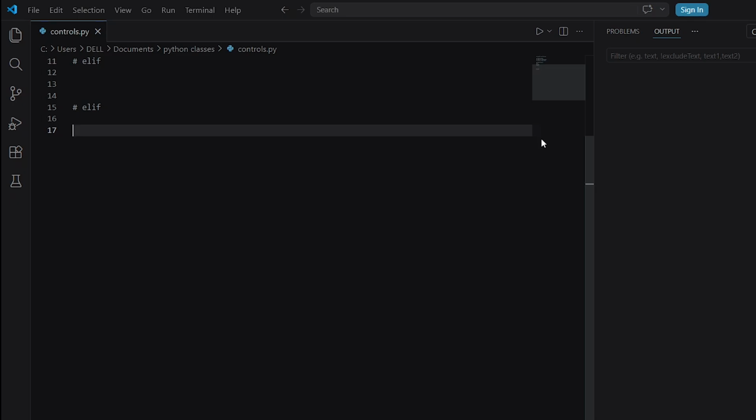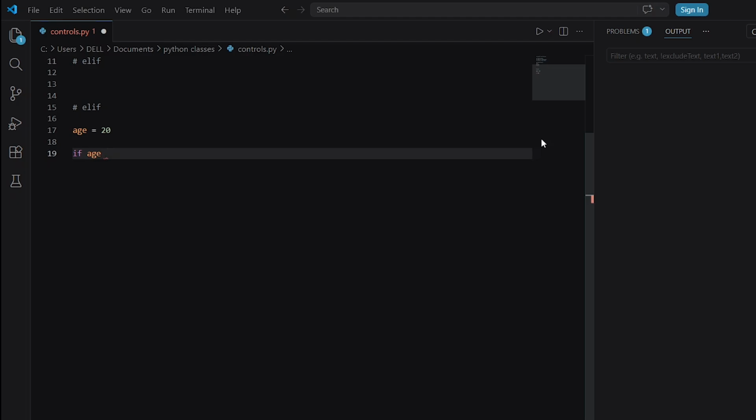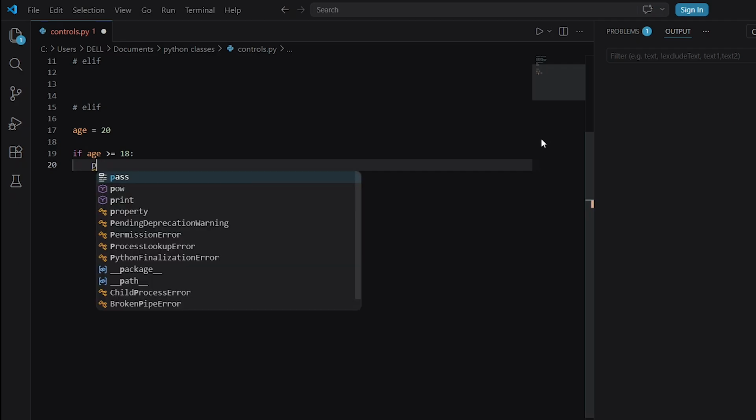Now we're going to be looking at the elif statement. The elif statement allows us to provide alternative conditions. So let's take a look at this. We'll have age is equal to, we can simply provide a value. So let's say 20. And so we have if age is greater than or equal to 18, we can have